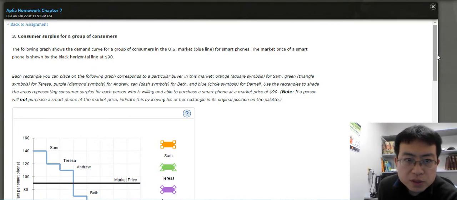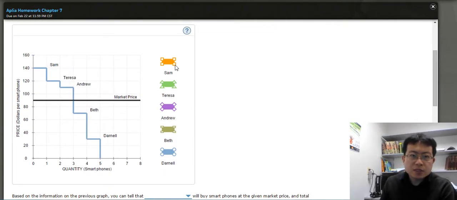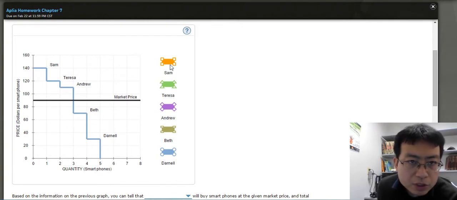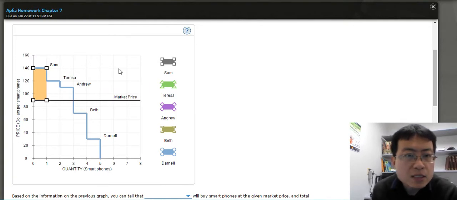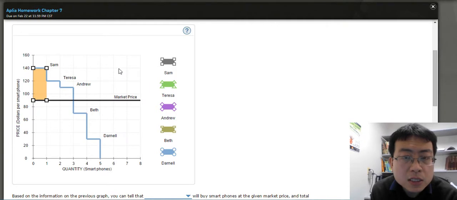So for our consumers, the first consumer is Sam. We need to draw our consumer surplus in this graph over here. For Sam, his maximum price to pay for a smartphone is $140, so he will buy the phone. Now the consumer surplus is only the difference between your demand curve and the price line. If your demand curve is $140 and your price line is $90, this will be the consumer surplus for Sam. So when Sam buys this cell phone for only $90, he's saving about $50, and this $50 is his consumer